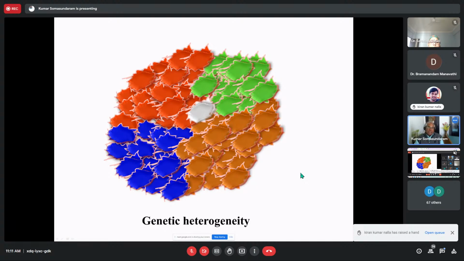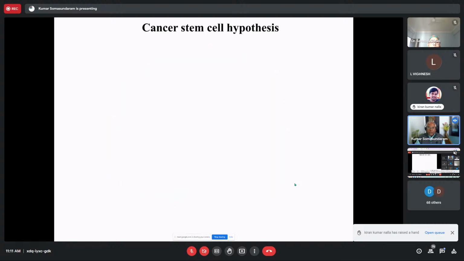People, treatment doesn't give a durable response. Always tumor recurrence occurs. One of the other reasons people thought in the last 2 decades why the cancer recurs is the cancer stem cell hypothesis. Based on this hypothesis, people have shown experimentally there is evidence that existing in a tumor,